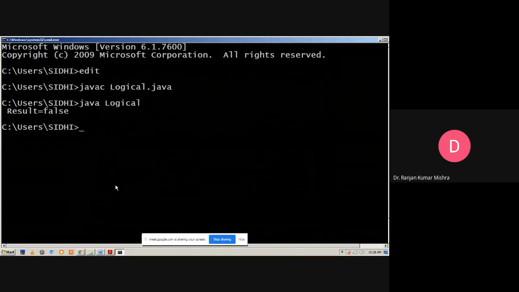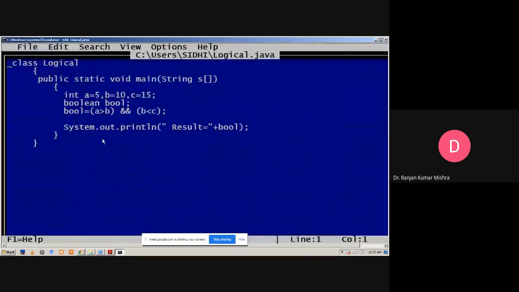Okay, now we discuss the mechanism that is used by the logical AND. Basically there are two expressions, a greater than b, this is the left hand and the second is the right hand. So anybody can ask which of the expressions, a greater than b or b greater than c, will be evaluated first.